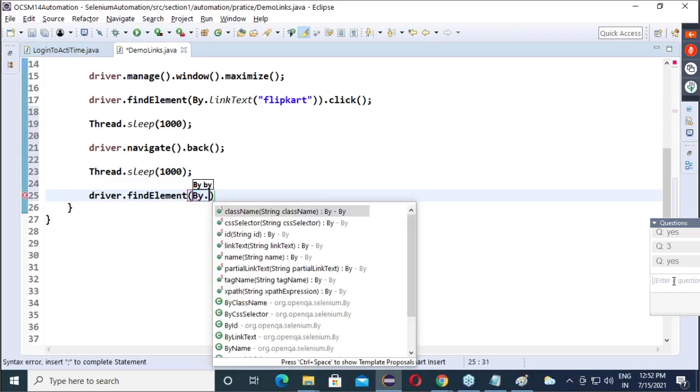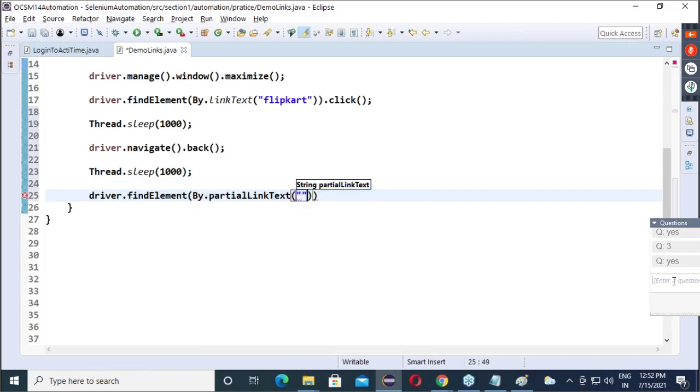By.partialLinkText, and the value of partial link text is reg. That's it. Tell me, it will work or not? Okay, because partial link text means some characters in sequence. Is reg present? Yes. So that's it.